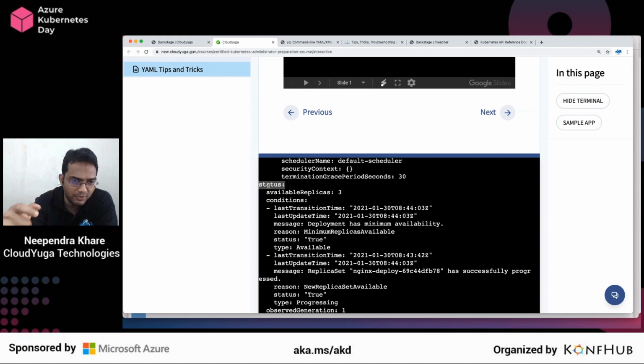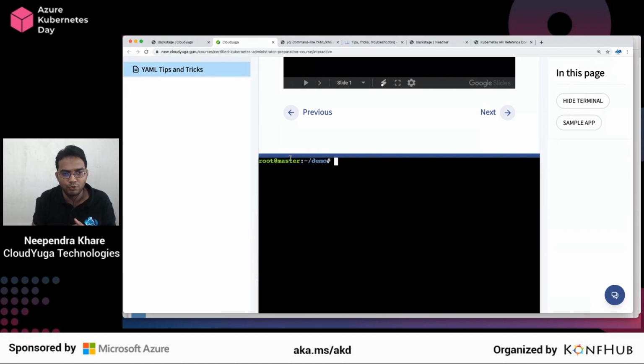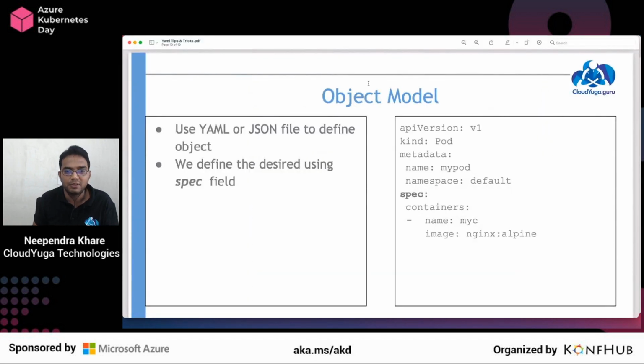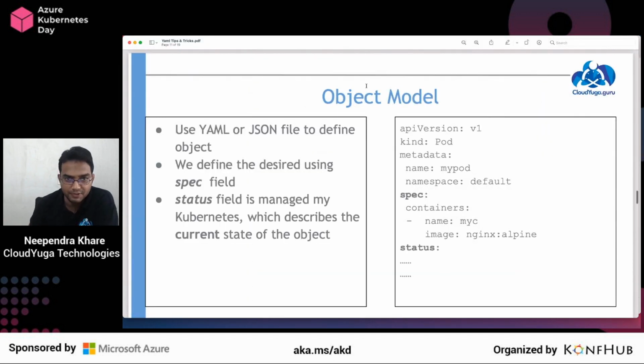So at any point of time, I'm going to make sure that I check the spec and the status section and see whether both are mapping or not. So that is what we are doing here in this YAML output of any object. You define any object, you do a get on that, and if you see the YAML output, you will see this status option, which is going to give you the current state of the object, whatever you might have there.